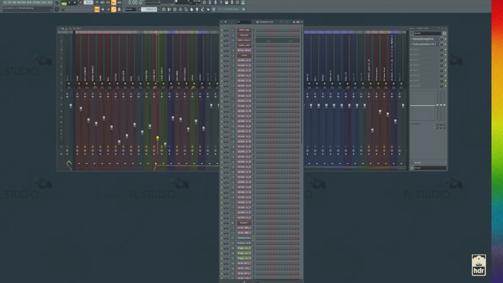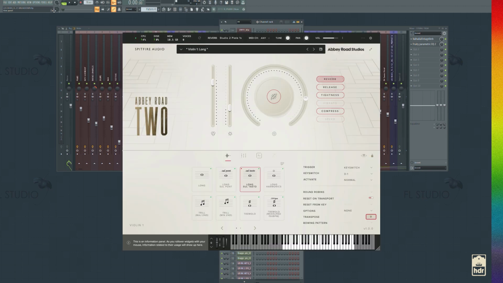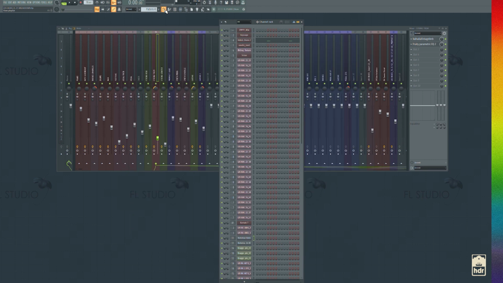Really great sound. And then it's not present in this project because I did bounce it out, but there's the Spitfire Abbey Road 2 library. It's a massive sample library by Spitfire that captures the sound of the Abbey Road studio strings. Really great library, but you need a PC that can handle the power that it requires to run. I literally bought a new PC just to be able to run plugins similar to that. And since updating the PC, I've been able to run like 10 of those at a time. So if you're thinking about doing an upgrade on your PC, you should definitely do it.